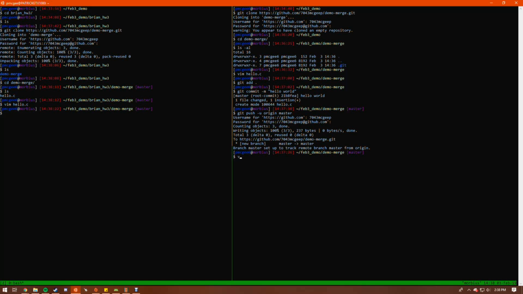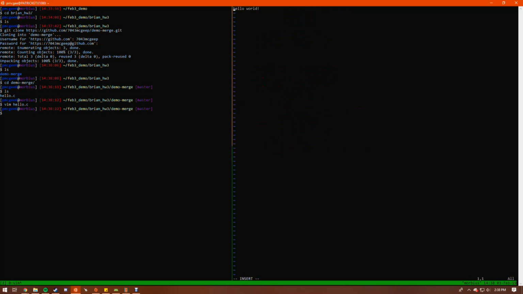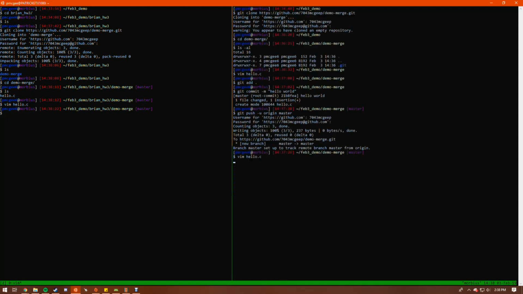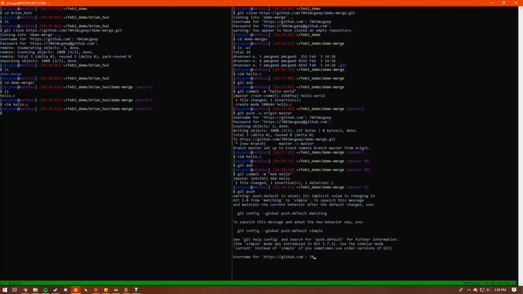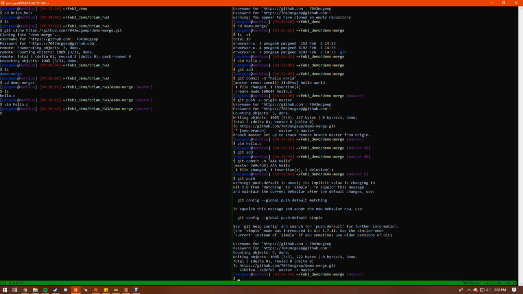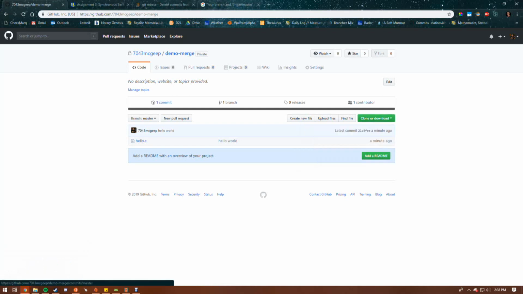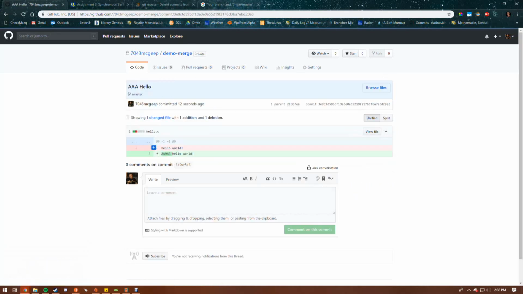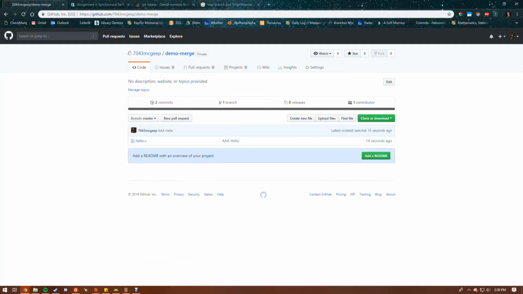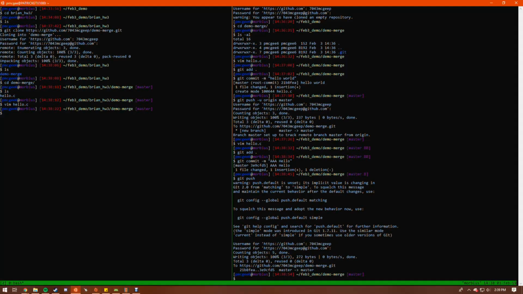So if on my end I were to make a change, let's say instead of hello world, I call it AAA hello world, and I add that, or stage as we call it, and commit with a message called a hello or something, and push that up, enter my username and password. So now I've pushed up this commit, and I refresh the commit page, and I get a hello. Here it is. So going back here,